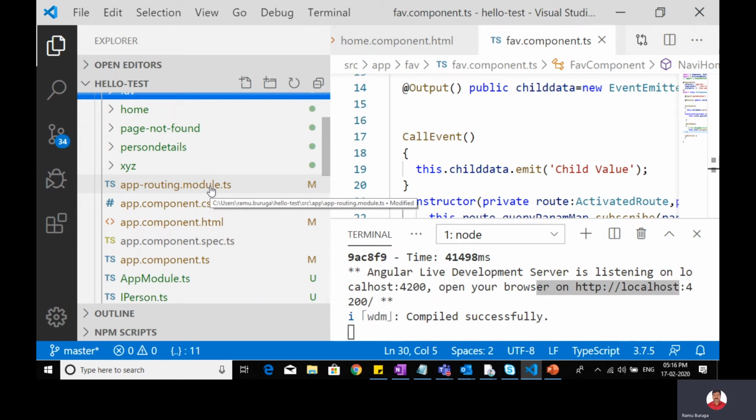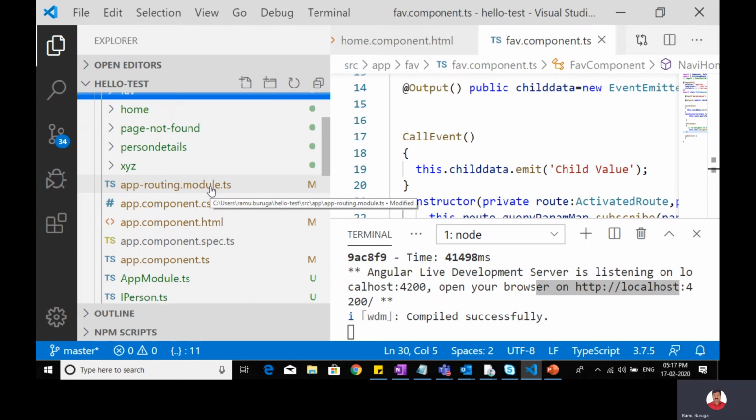Then, I should tell my module that it is enabled with routing. That configuration has to be done in your module file. You have to include your routing class in your module file. That is the second step.